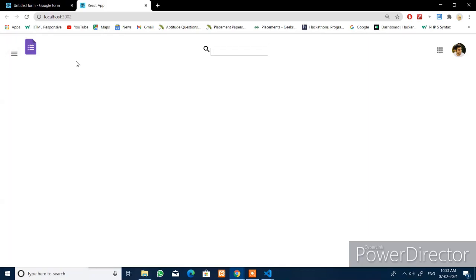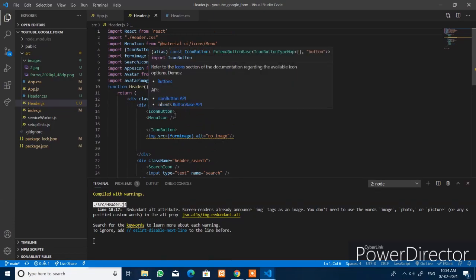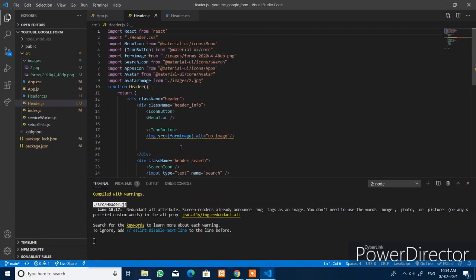Now you see all the elements are in the same level, but the elements within the other elements, like you can see here the menu icon and the images are in the same element, but they are not in same level.